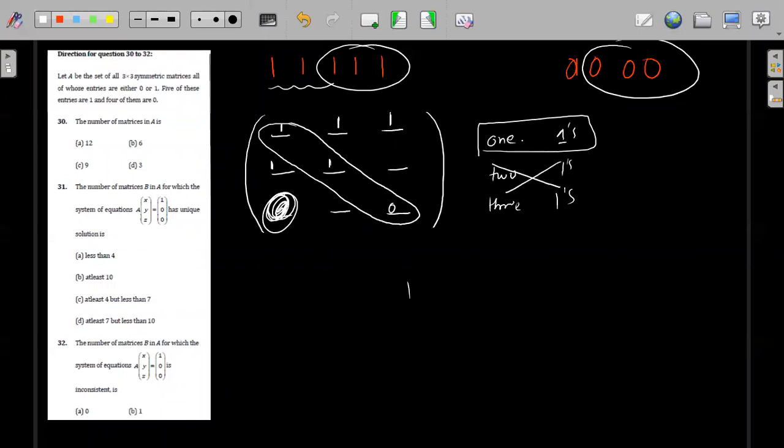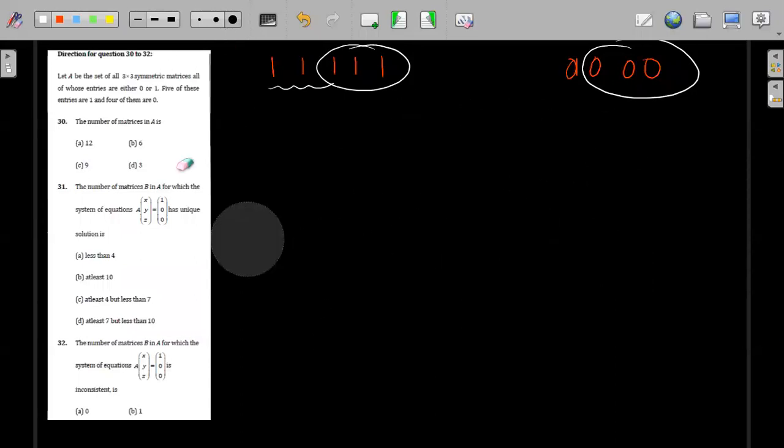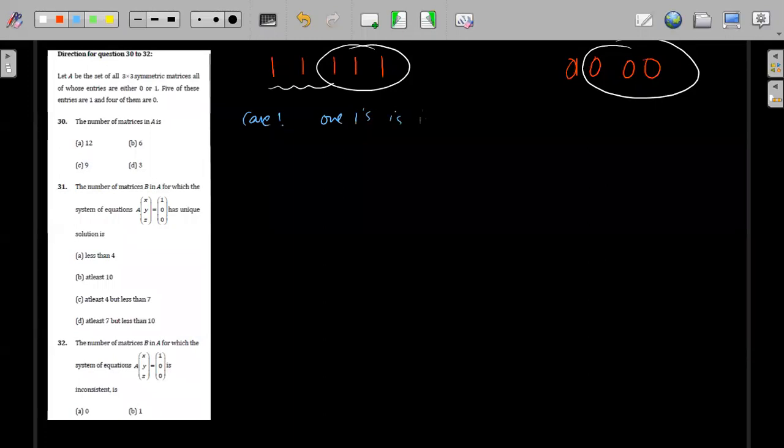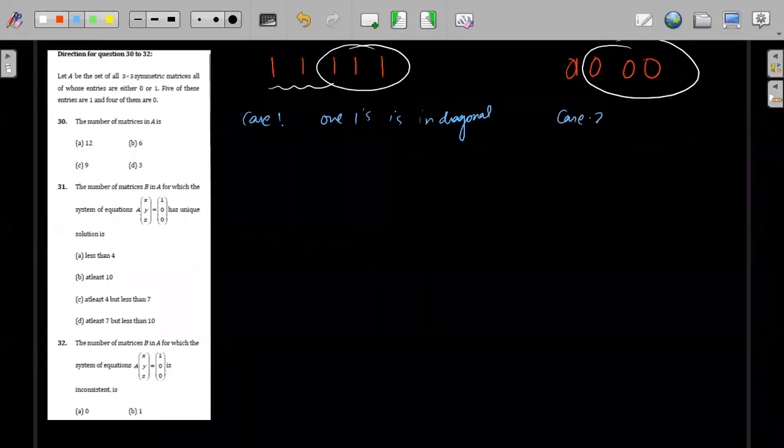This was the only catch in the question. You have to use this part and solve the whole question. Now you know you have only 2 cases. As soon as you have picked this part, you can quickly form the cases. Case 1: only one 1 is in the diagonal. Case 2: 3 ones in the diagonal. I am writing this out, but you won't write this much.